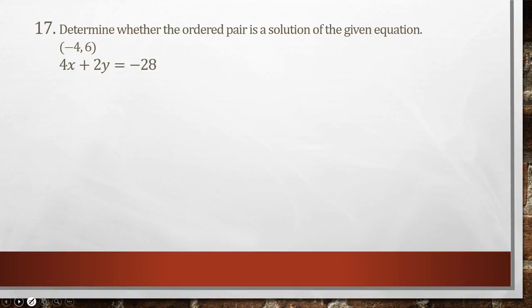Determine whether the ordered pair is a solution of the given equation. So we are given -4, 6 and the equation, and to find out if this point is on that line, this equation represents a line on the coordinate system, we have to take the point and plug it in. Again, our first value represents the x, our second the y, and then we're just going to plug it in for the variables x and y. Starting with 4, our x is -4, so times -4. Then continuing with the equation, so plus 2, and then for y we have 6, so times 6, and all that is equal to